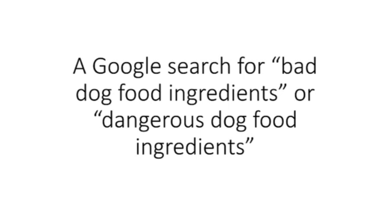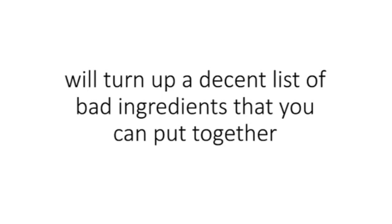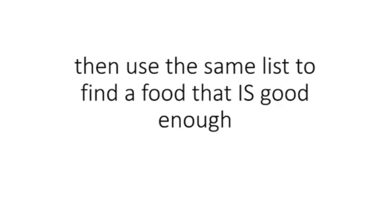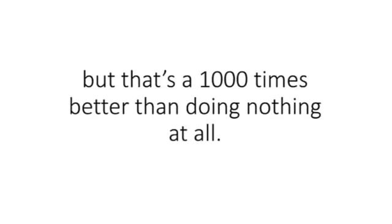A Google search for bad dog food ingredients or dangerous dog food ingredients will turn up a decent list of bad ingredients that you can put together and then use to check your dog's food. And if you discover the food you're currently feeding your dog isn't good enough, then use the same list to find a food that is good enough. It may take an hour or two to create an incomplete list, but still that's 1,000 times better than doing